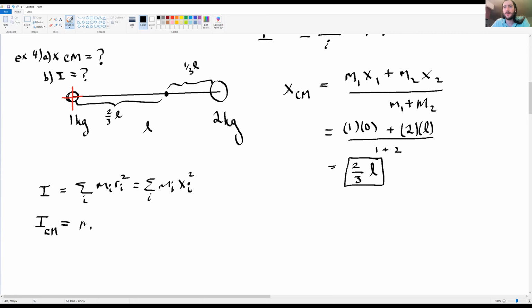We're going to have two terms here. So M1, this is the center of mass right here. M1 is a distance of 2/3 L, so (2/3 L) squared. M1 is 1 kilogram, so let's fill that in. So that's going to be 1 times (2/3 L) squared,